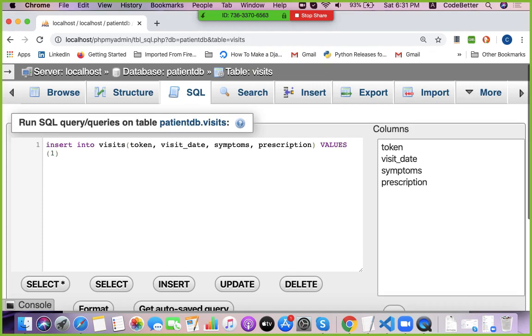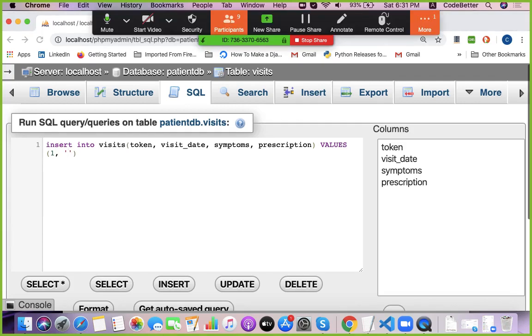So now let's add some data for the visit. Token 1 is of, let's say, Amit. So token 1 visited on some date. The date should be by default in the US format, so year first.